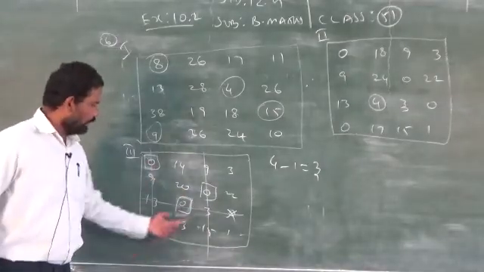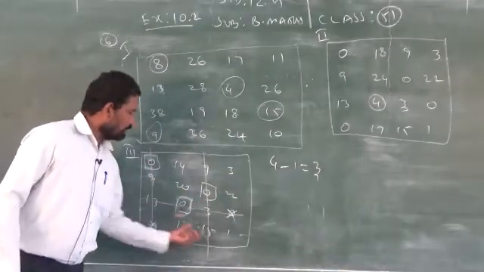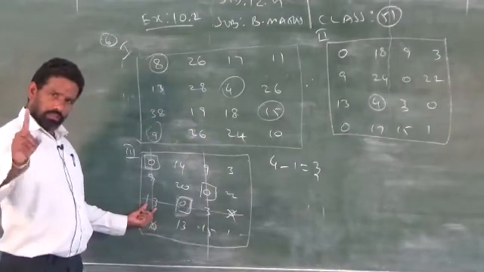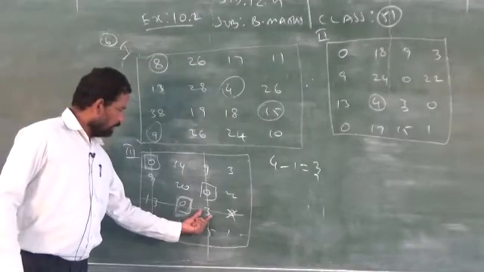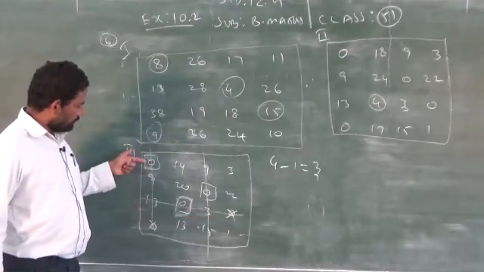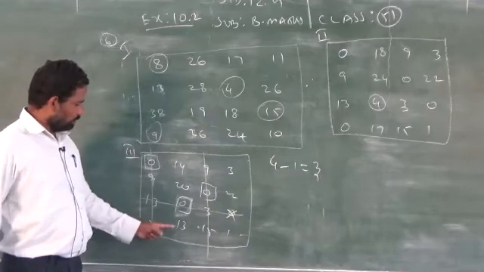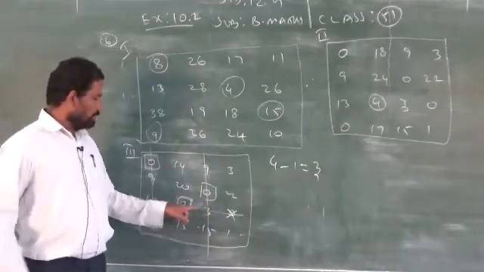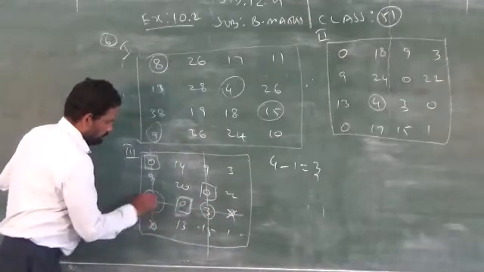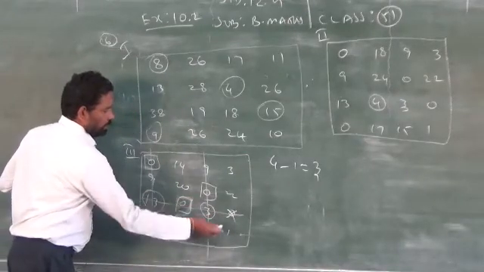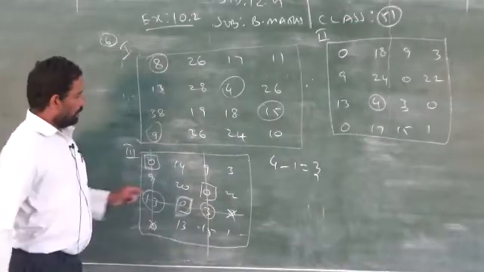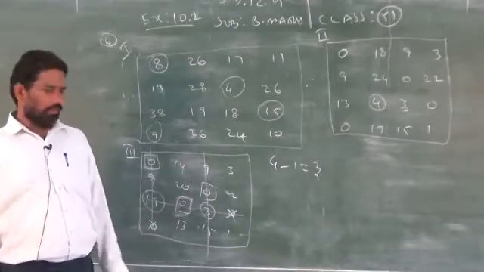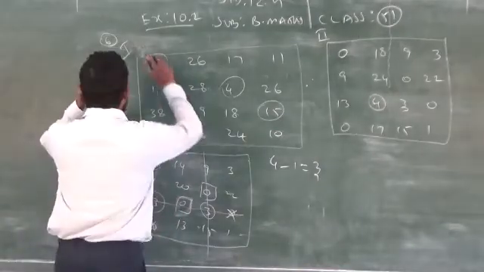Clear? I drew only the line. You check the least cost out of the remaining elements, 1. Add 1 to the intersecting points 13 and 3. Don't disturb the numbers 0, 9, 0, this 0, 0, 0. You have to add 1 to the intersecting points. Then you have to subtract that least cost from the remaining elements which are not marked by the straight line. Then you go for the usual method. You will get the answer. You try, otherwise in the next class I will teach.